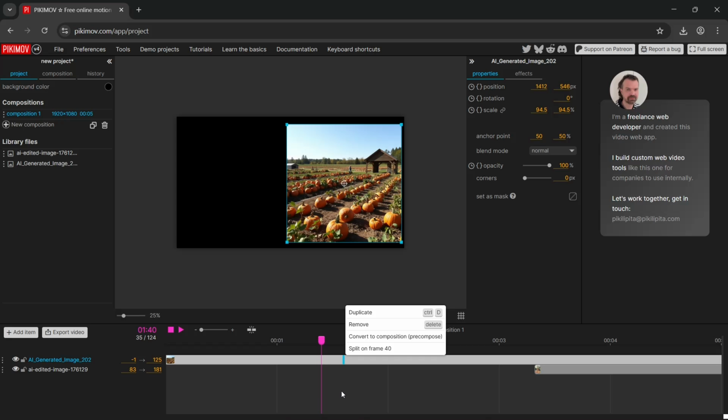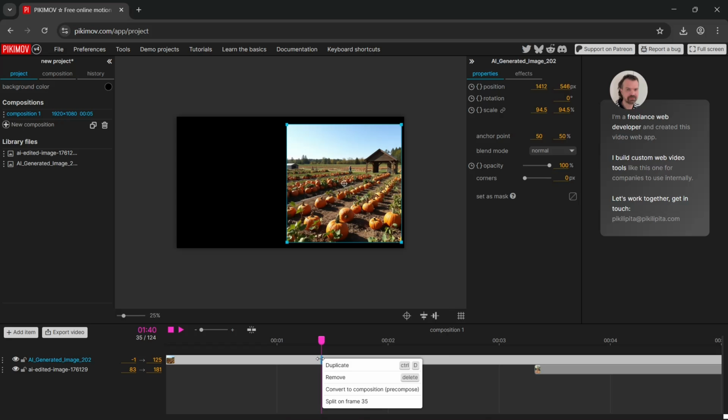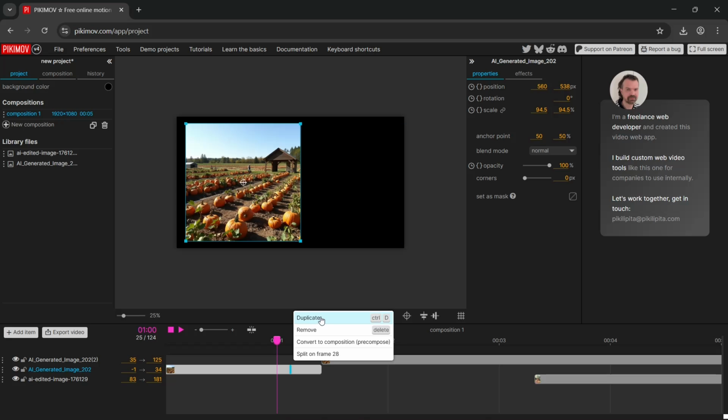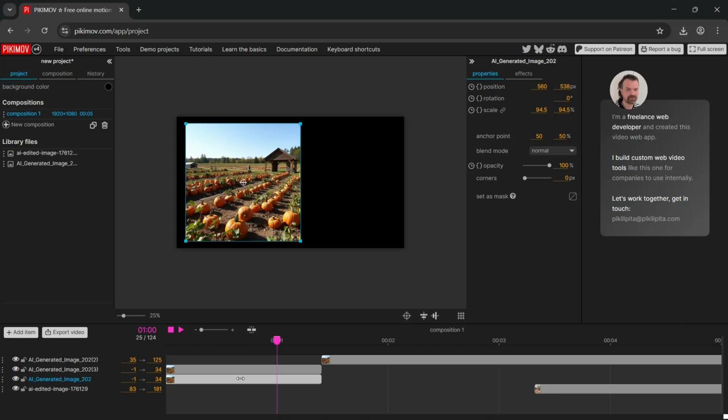Now, if I want to trim, I am going to click and I'm going to go with the right button on my mouse and choose to split on a preset frame. And as you can see here, we have different clips of the same picture. Now, if I'm not sure if I wanna delete one of these or not, I can duplicate it. We can click on the right button again and go with Ctrl D as the shortcut says here. We can duplicate the frame